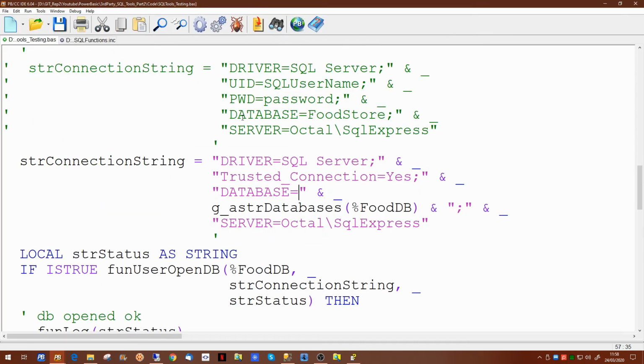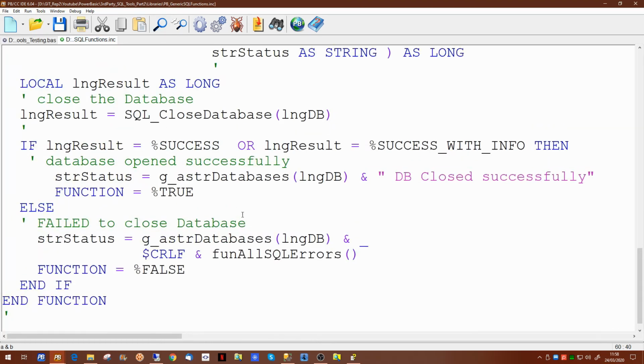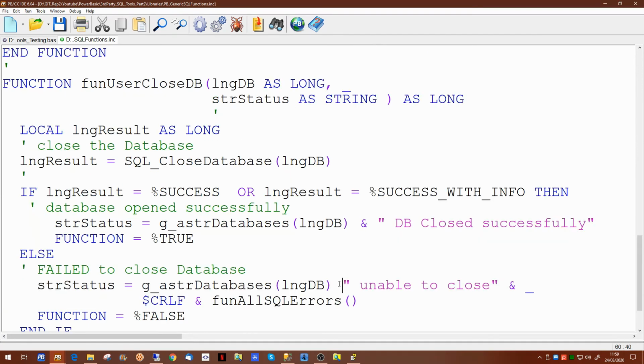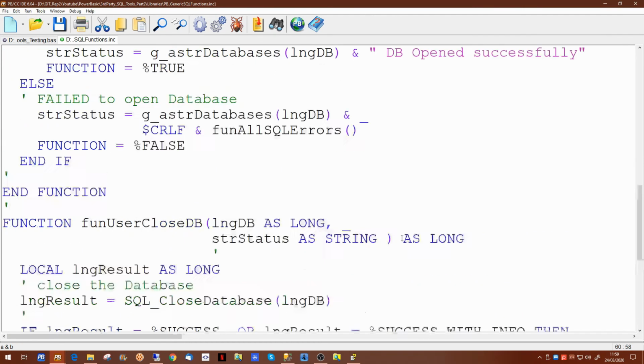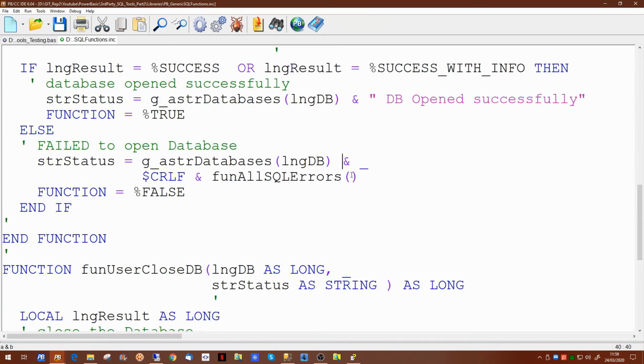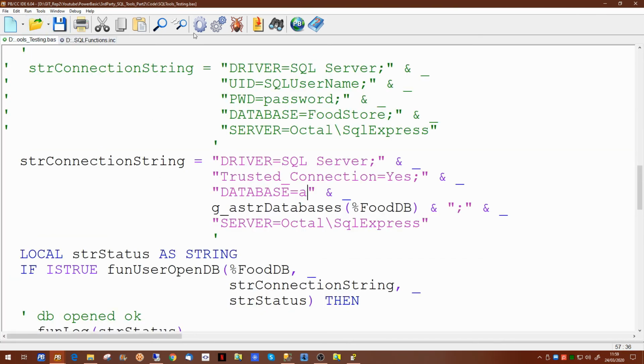So if we wish to test out a failure, let's go in and effectively put an additional character in here, so it should be unable to open the food database. And just for clarity, since we put messages in to say that databases are closed successfully, let's put a message in to say it's not. And we'll do the same for the open. Just so it's completely clear what function it's trying to do. And if we try running our code,